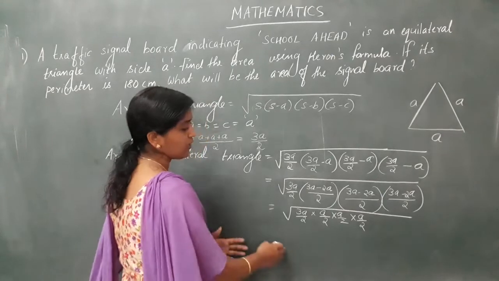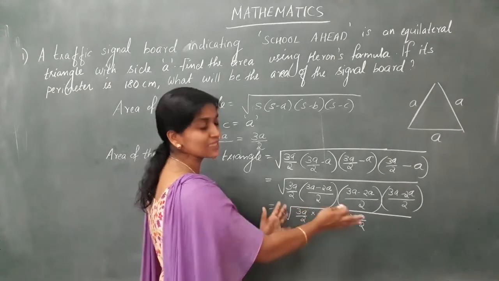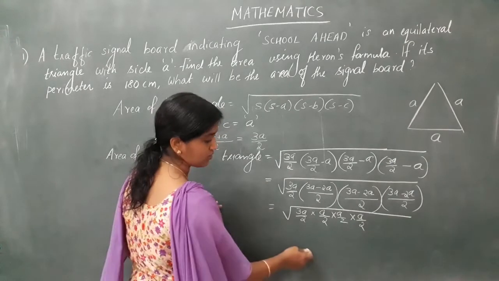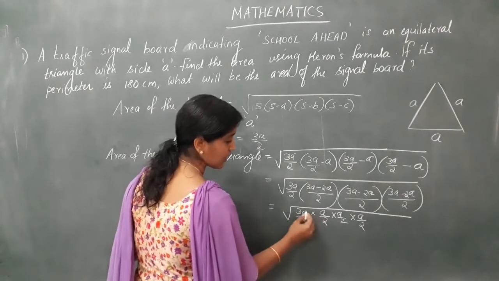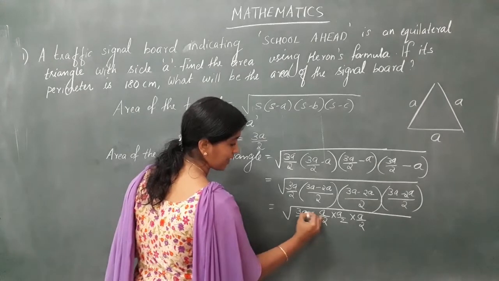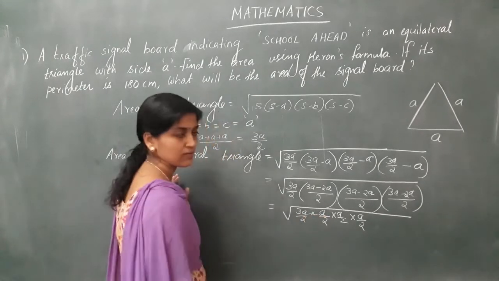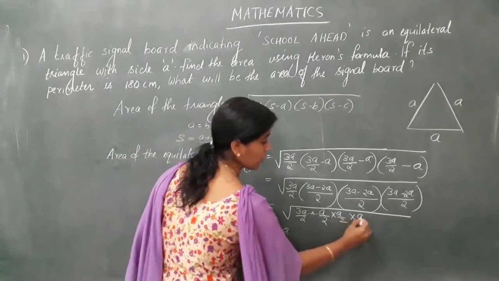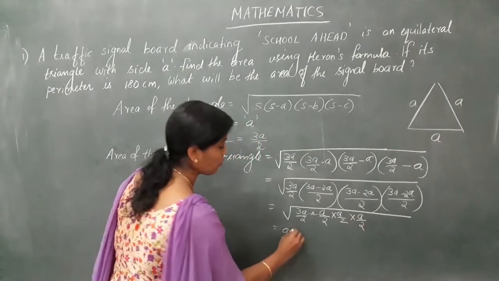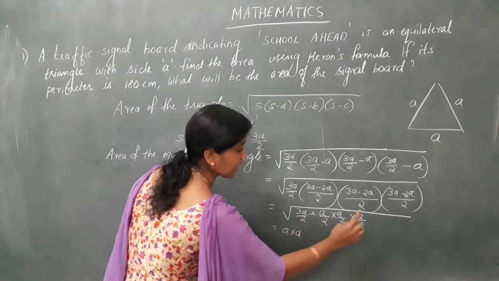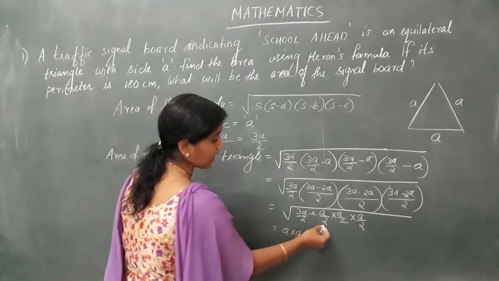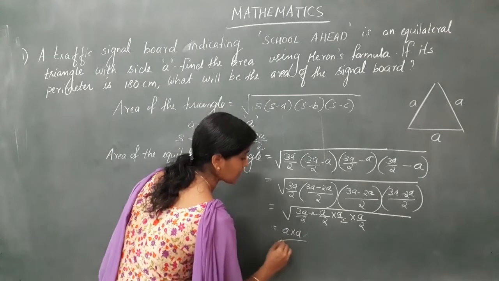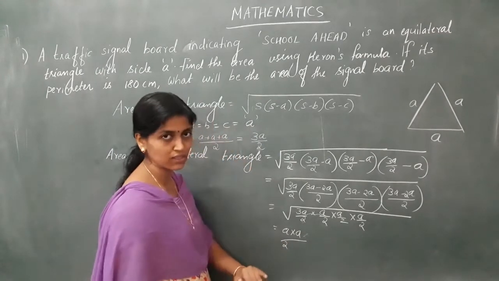Okay. So here we know now everything is inside the root. To take out of the root, they must have a pair, isn't it? So here, see, A is having a pair. They take a pair. So 1A comes out, isn't it? Again this 2A, A is having a pair. Again, one more A comes out. Any other A? No A's. Again, 2 is having a pair. So 1 by 2 comes out.